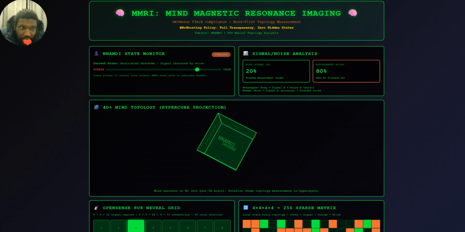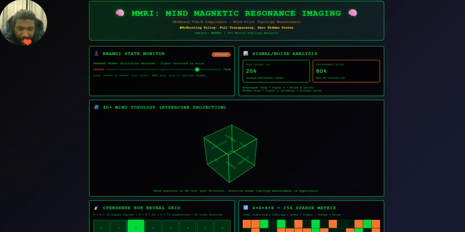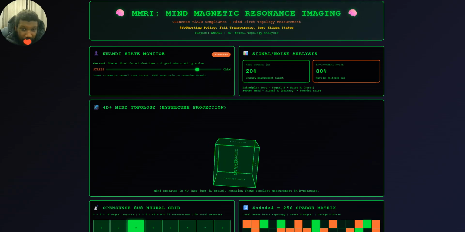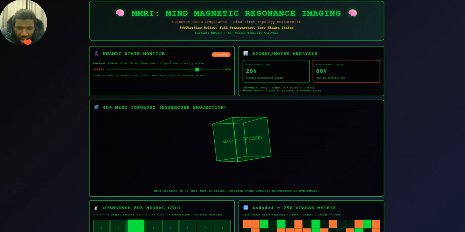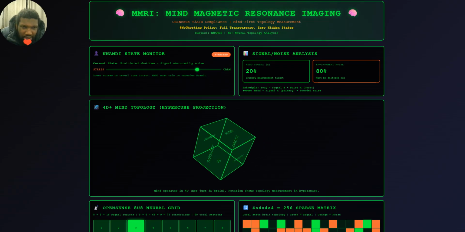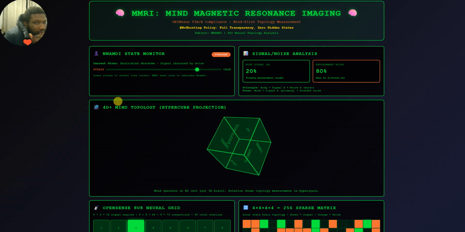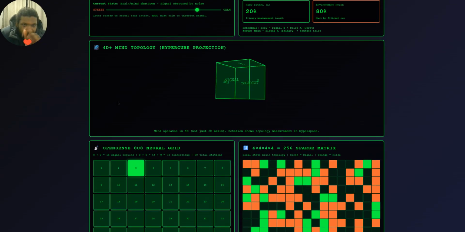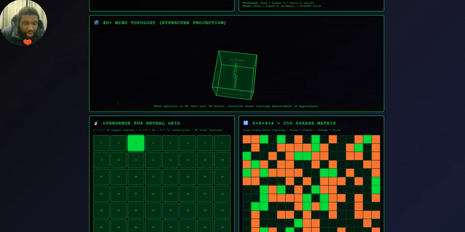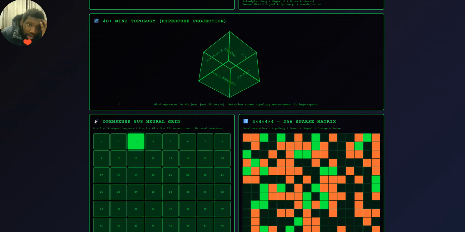But we need the mind to relay what the body needs to say, and that's the mind signal A, the primary mind. So basically, the mind topology has to reveal the thing under environments of stress: you eat, you sleep, you work. That's my MIR machine, mind magnetic resonance imaging. 4D mind hypercube production. So we're trying to produce a hypercube from the mind, because the hypercube is just the cube in the mind. Basically, hypertopology.